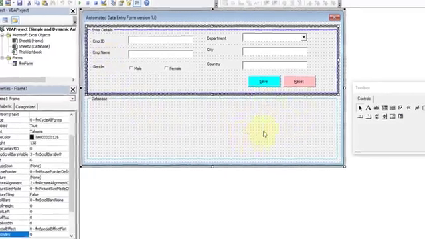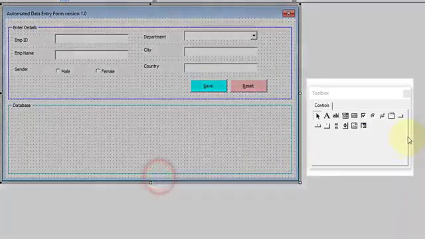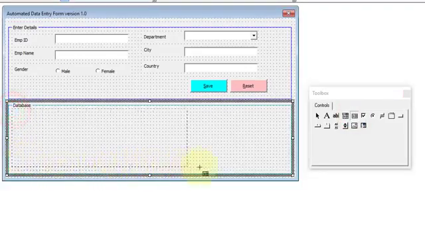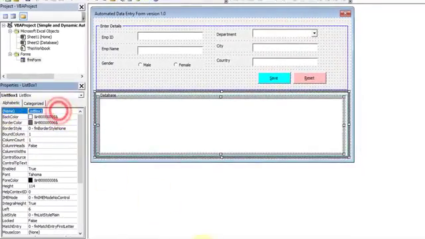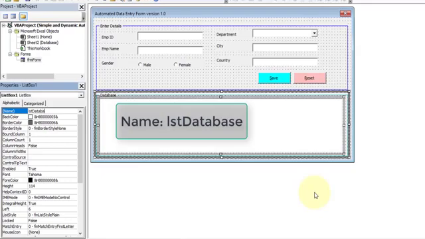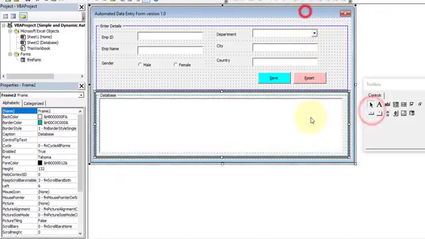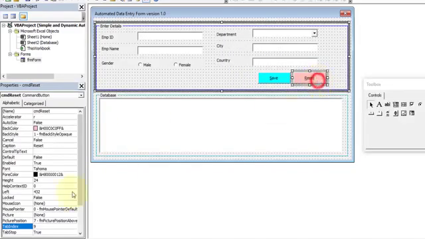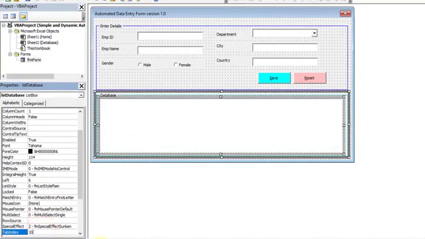So now we need to add one list box control over here in the database section, basically in the frame. So let's click on this one, list box, and quickly create the list box over here. Okay, now give the name as lstDatabase. And here we need to assign the tab order for this database as well. So let's select the list box and the tab order. The last tab order was, I think, 9. Then you can see that this is for 9. So let's give the tab index as 10.